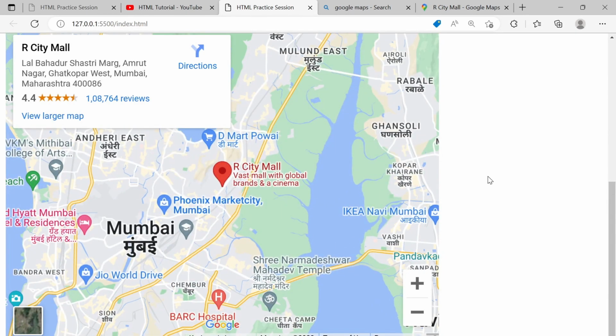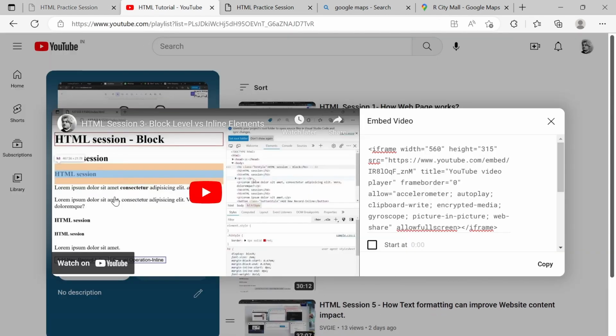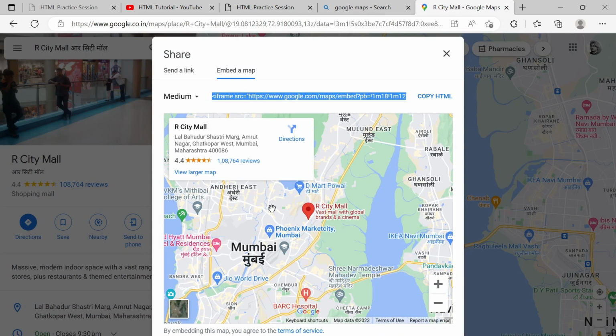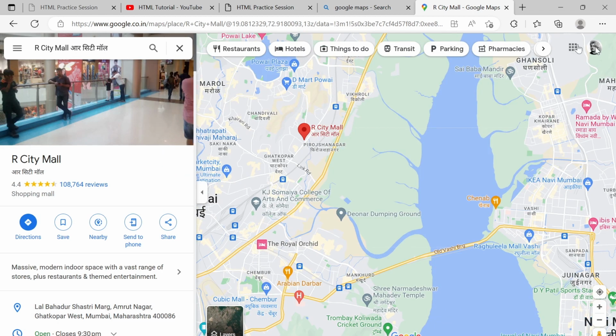So it is used to embed some part of a third party website. If you try to embed a whole website, it is not possible. It is denied by their developers. You can't import the whole website of another, third party website. You can just embed a small part of it, like this one video or this one location, but you can't directly embed the whole website. This is against the policy, and to prohibit other developers from using the whole website, they put in some functionality which marks it as a denied feature.